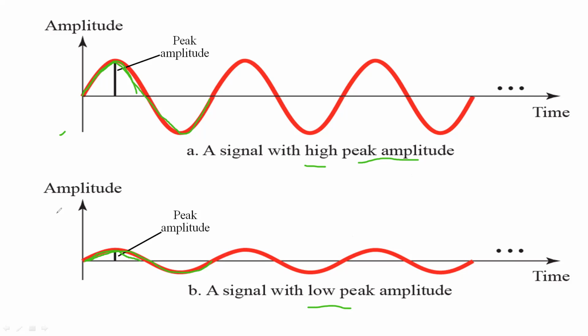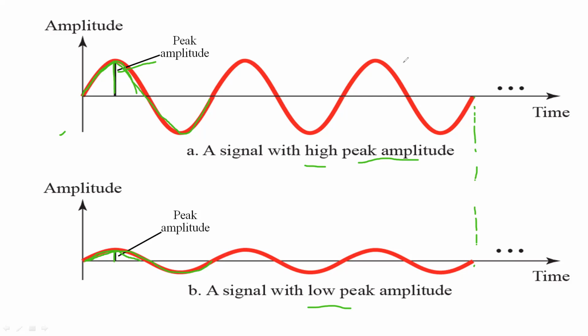So these are the two different signals with the same phase and frequency but different amplitude. Here it is having the same frequency and same phase, but it will have different amplitude. So here it is the peak amplitude of a particular first signal. So it is having a high peak amplitude. Here it is having a very low peak amplitude. So this is a representation of peak amplitude.